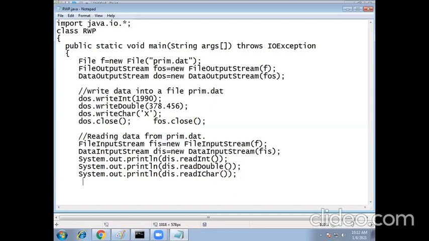And then dis.close() and fis.close(). Close this and close this. This is the way of reading and writing primitive data types.